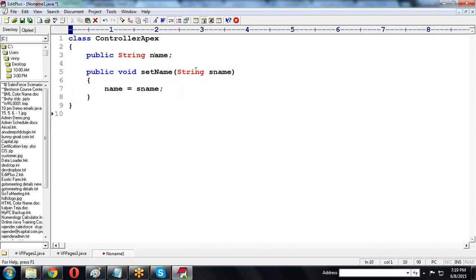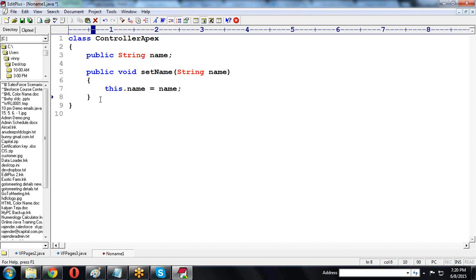Now if the two names are the same, name equal to name, that means whatever name value is there, it is storing here only. It cannot recognize the class level. If both variable names are the same, this time we use this dot. This means the object. So the object name, that is the class level, it is verifying. It cannot verify in the local. Whenever we refer to this, it is referring to class level only, global data only.